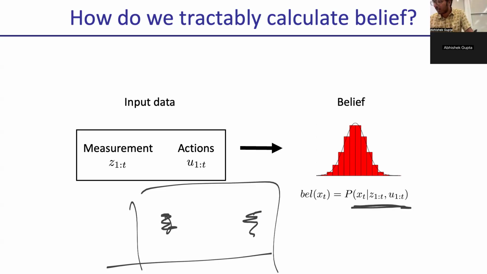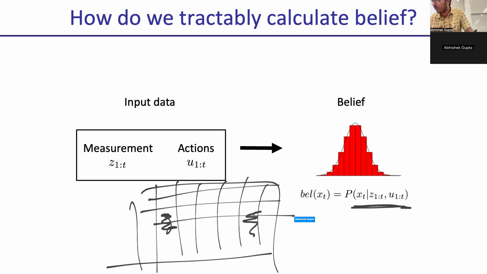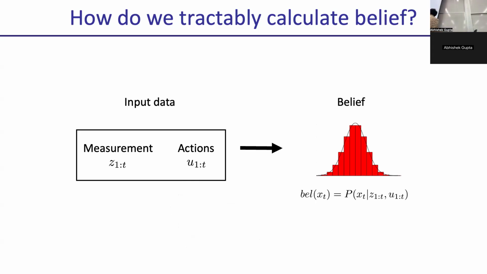so you had a grid of where you could be. Imagine that you're in a three-dimensional car, it's okay. But imagine you're the humanoid robot, 40 dimensions, and you binned every dimension. Imagine you had 100 bins per dimension, but 40 dimensions, you have 100 to the 40 bins. That becomes crazy. And so the challenging part in a lot of state estimation, and probabilistic inference in general, is how do you represent a distribution that is complex enough while being computationally tractable?